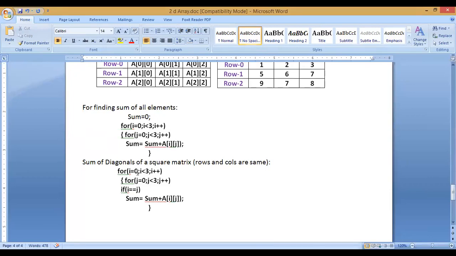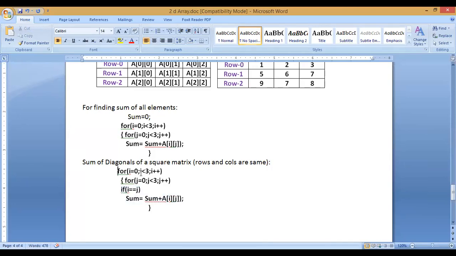Because in this case the I loop is running 3 times and the j loop is running 3 times. So how many times am I actually executing this sum, or this body of the for loop? 9 times. 3 into 3. Because for the first time I will run, J will run 3 times. For the second time I will run, J will run again 3 times. For the third time I will run, J will run again 3 times. Right? So every time whenever I is incrementing, J is also running. So you can see this body of the J loop is running 9 times.